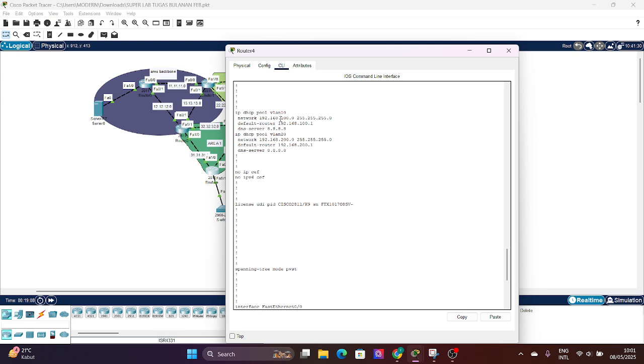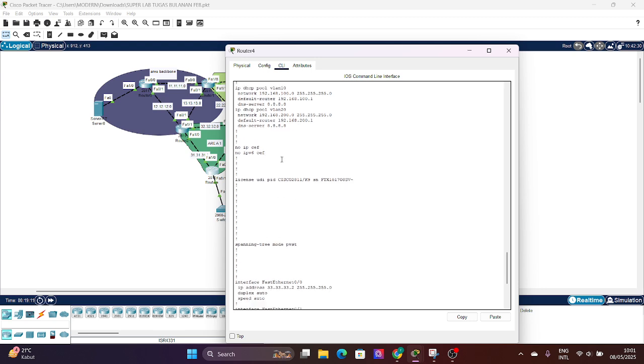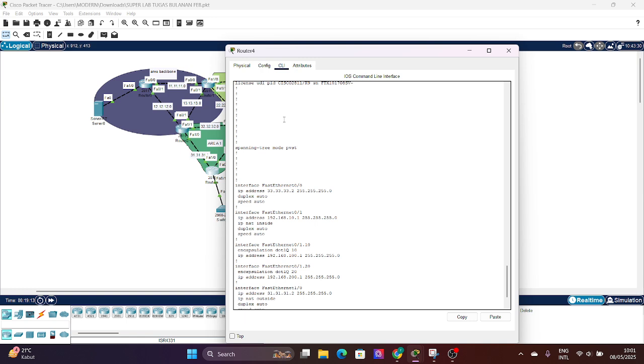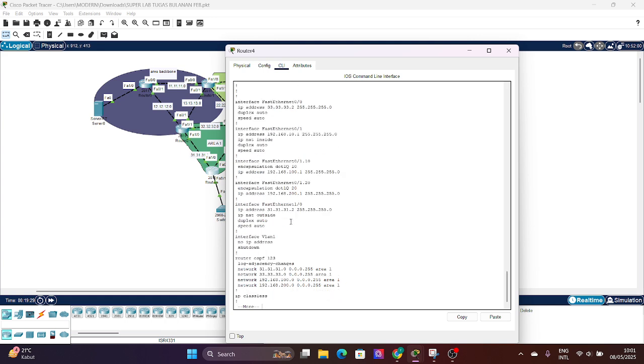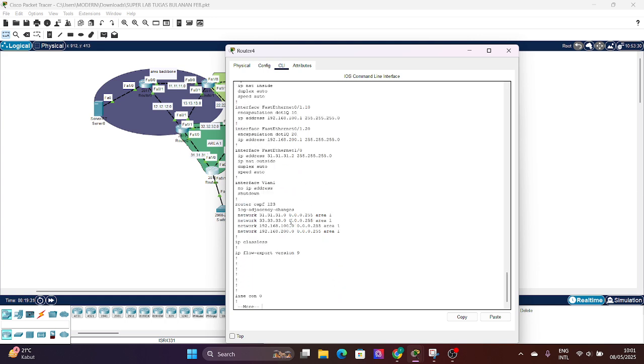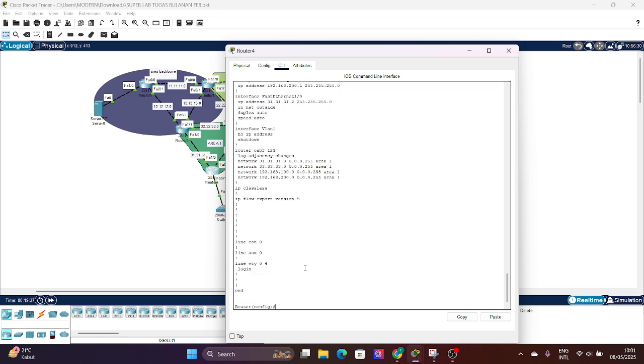The network is 100 and 200, and we must give the IP address to the interface, and we must make the encapsulation dot1q and add IP address, and don't forget you must make the router OSPF and the area and give the area.